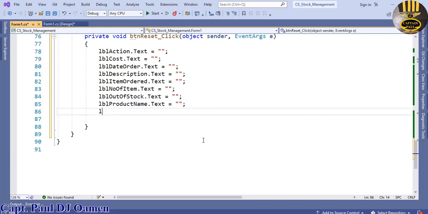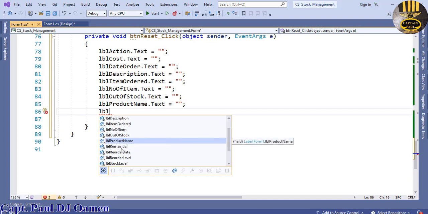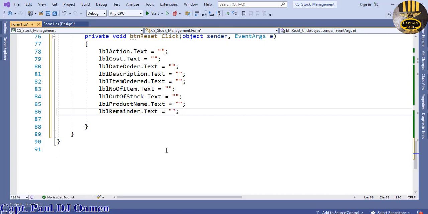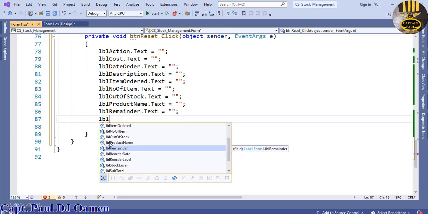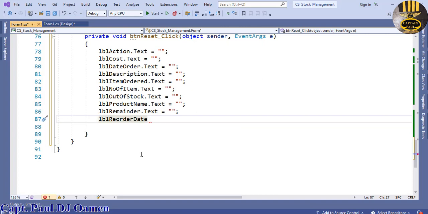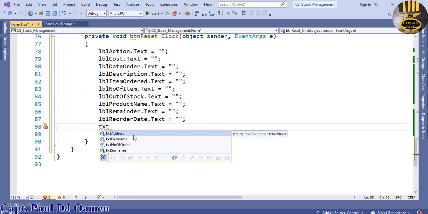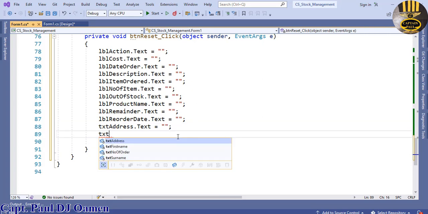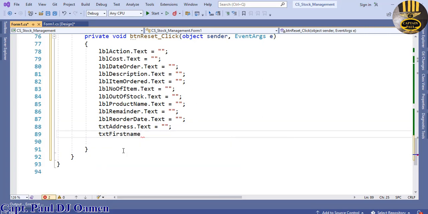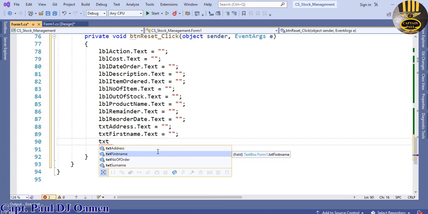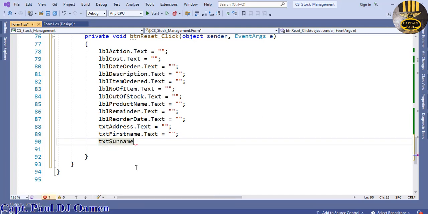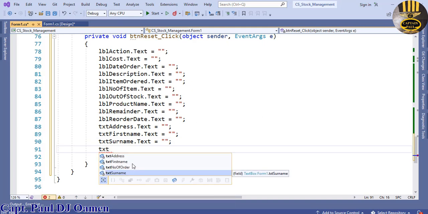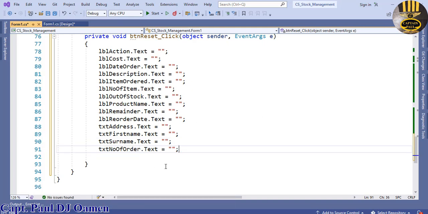Okay, lbl reminder, lbl reorder date. There is one txt there. We have address. We have 4 of those txt. Name, txt, surname. Then we also have txt, number of order. Very good. Let's see. Then we have